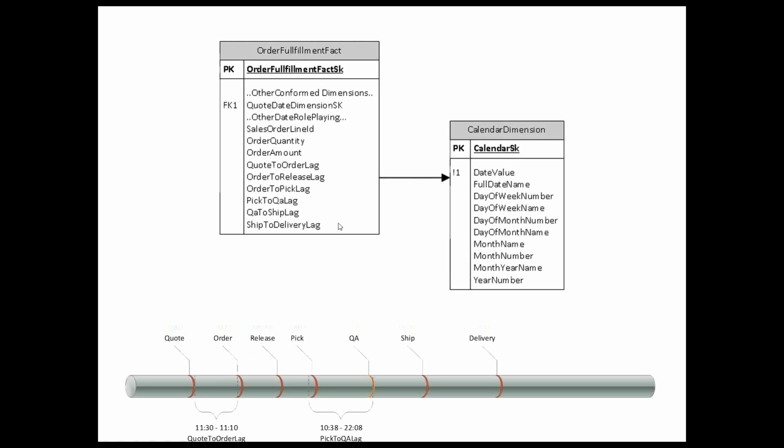So in this case, we're doing an accumulating snapshot fact table. We've added role-playing dimensions for all the different points in time. So if you look at this timeline chart at the very bottom, we've got a quote, we've got order, we've got released, we've got picked, we've got QA, we've got shipped, we've got delivery. And these are all time points from a beginning time. And so what we're going to do is store the lag between, for example, quote and ordered